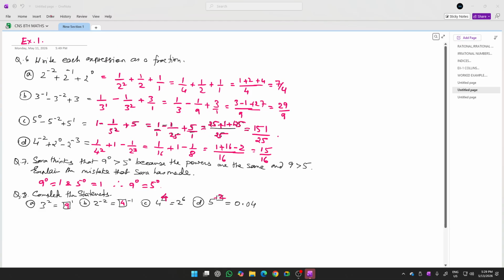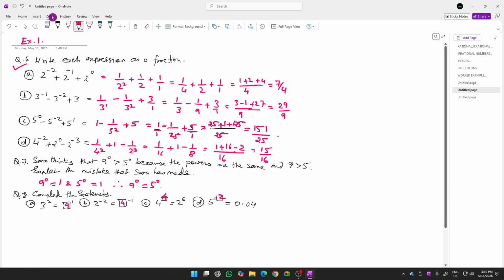Question number 6 says, write each expression as a fraction. So 2 raised to minus 2 plus 2 raised to minus 1 plus 2 raised to 0. This is an expression which we are supposed to write as a fraction. So what I'll do is